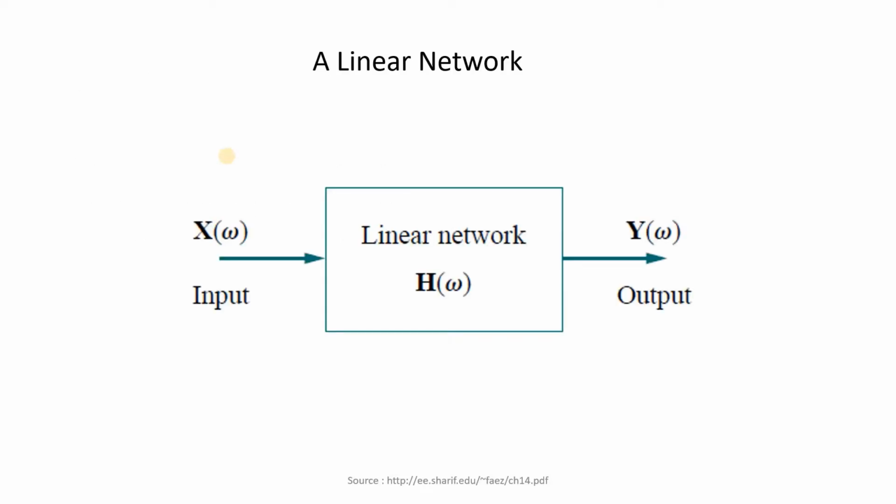All of you are familiar with a linear network. A linear network is having some input and equivalently it is giving some output. So when you apply certain input to a network, definitely you are getting some output. So your transfer function in layman's language can be defined as: your output is equal to input multiplied by the transfer function of the network.